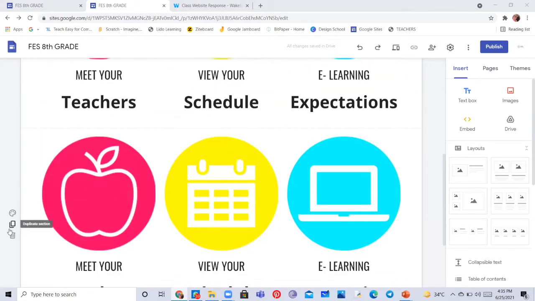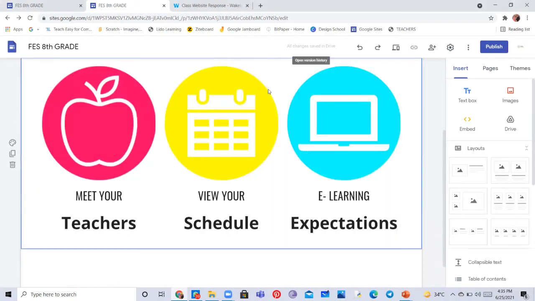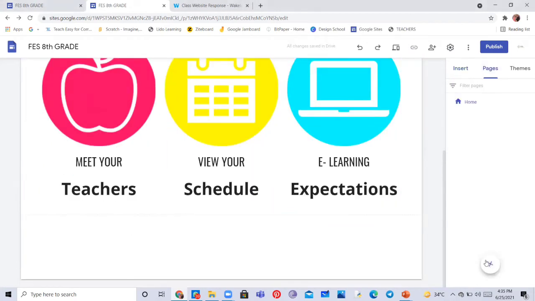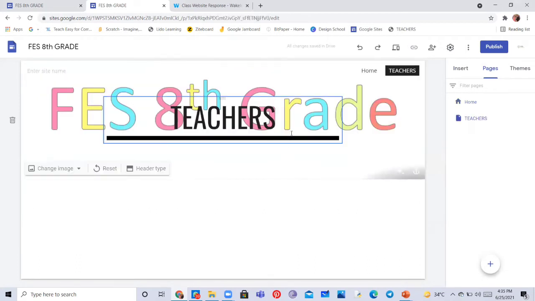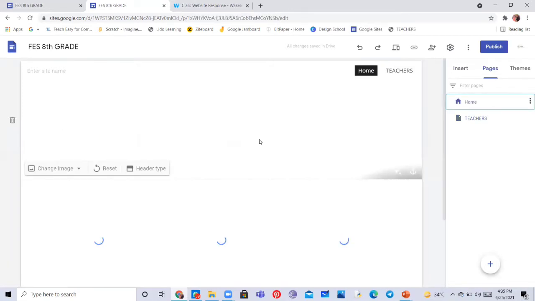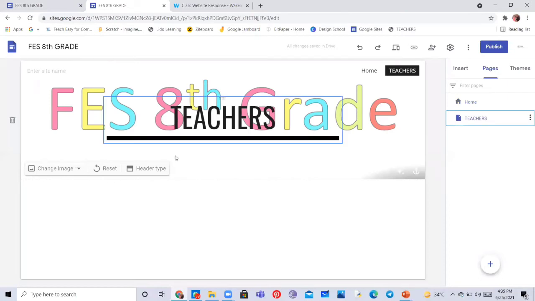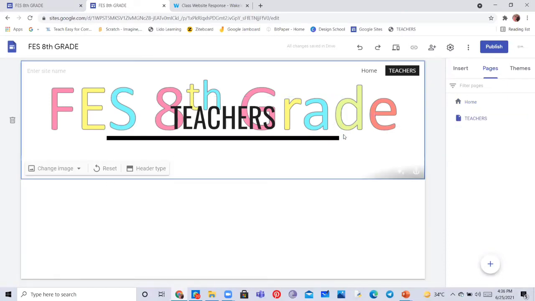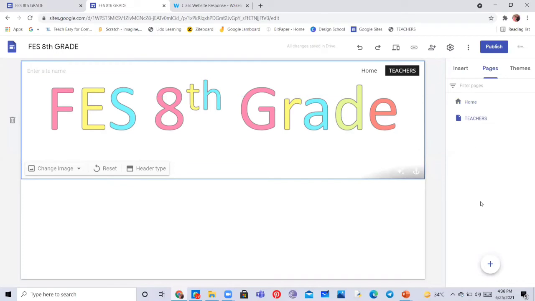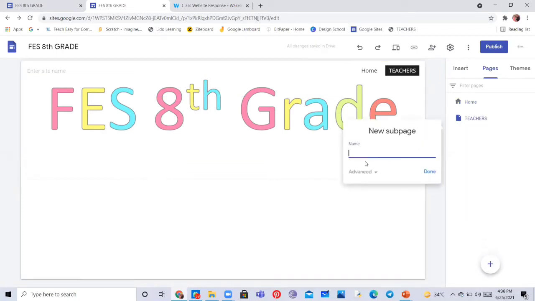titles, and then we are going to insert page, and on insert page we are going to insert a new page with the name teachers, so that we can add teachers. I'm not going to add the header once again, because I hope you all are clear how to create a header, and you can just upload it here. For now, I'm just going to delete this, and we are going to add a few sub pages to add your teachers.